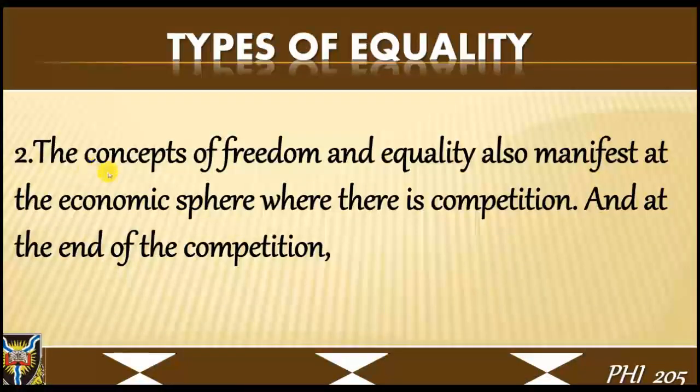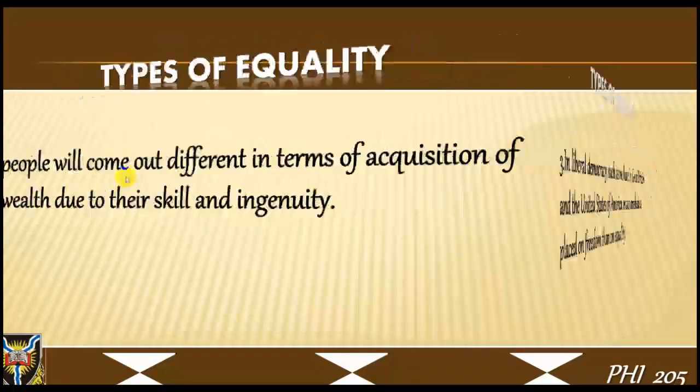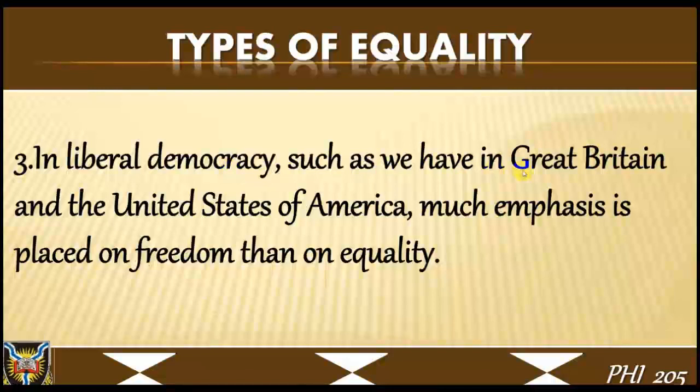2. The concept of freedom and equality also manifests at the economic sphere, where there is competition, and at the end of the competition, people will come out in different terms of acquisition of wealth due to their skill and ingenuity. 3. In liberal democracy, such as we have in Great Britain and the United States of America,